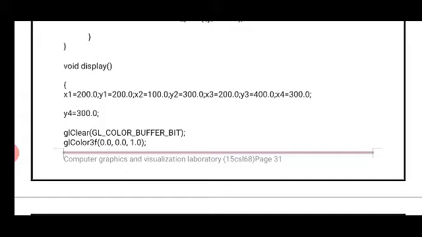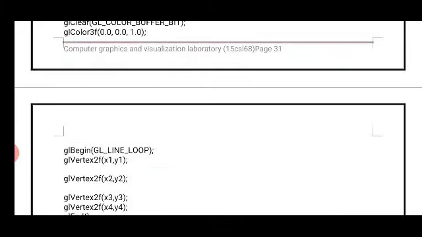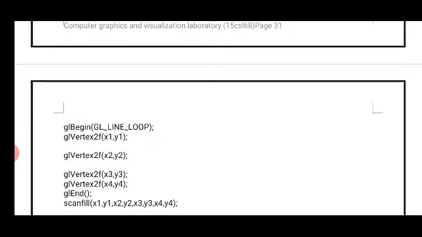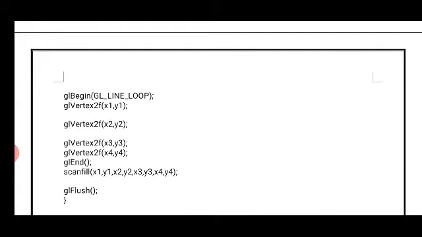Here we are assigning some values for the vertices of a particular rectangle: x1 y1 as 100 200, x2 y2 as 100 300, x3 y3 as 200 400, x4 y4 as 300 300. Now we are going to draw this polygon by using GL_LINE_LOOP, where we need to specify 4 different vertices: x1 y1, x2 y2, x3 y3, x4 y4.